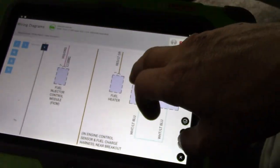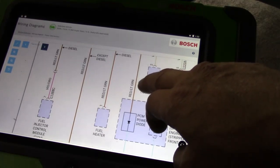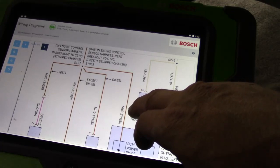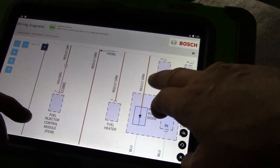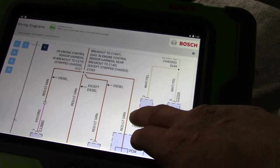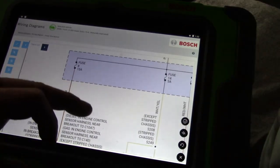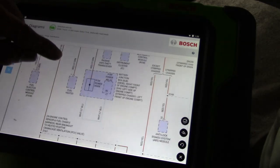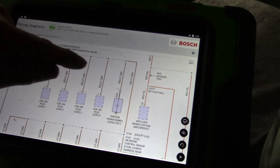Yeah, this touchscreen crap is not my friend. Okay, so I do not care about this control module. That's for diesel as well. Don't care about that. I want to make sure there's nothing else on the circuit. So it's fuse number 8, which is the one I'm looking for. And that is going to go to here. As you can see,